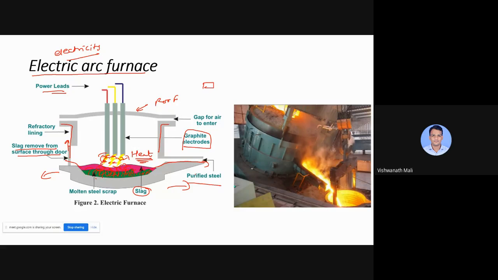So this is the working of the electric furnace. Actual diagram you can see, actual setup you can see here. So once we tilt this, whatever the purified steel is there, purified steel is what? After removing the slag, we get this. Again, we'll see this with the help of